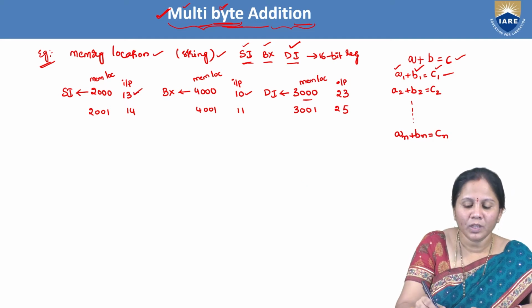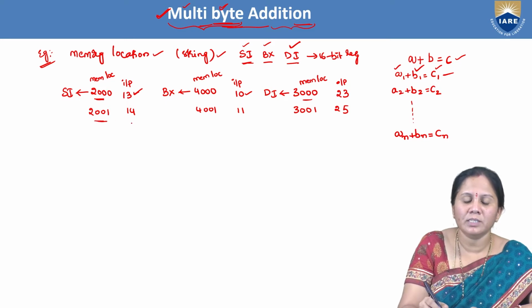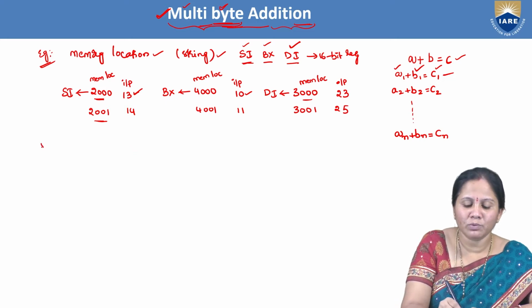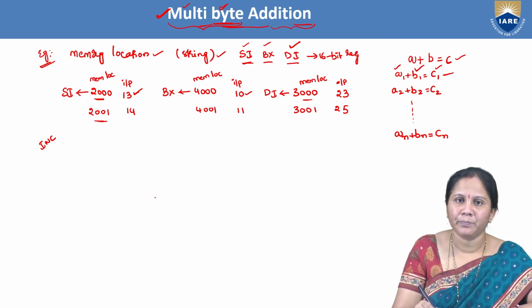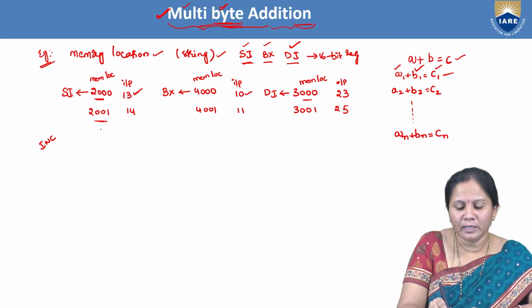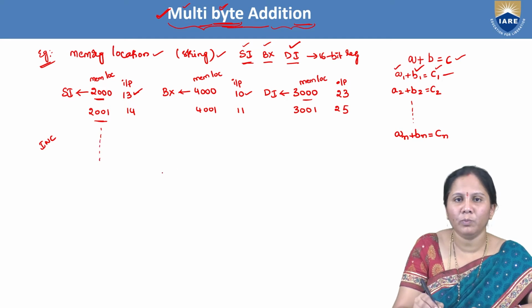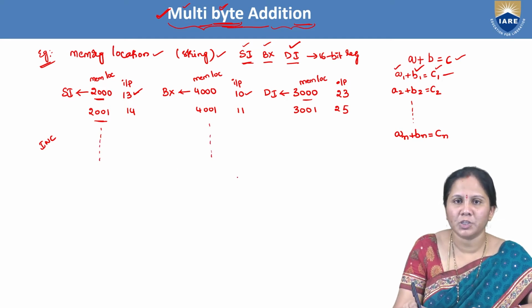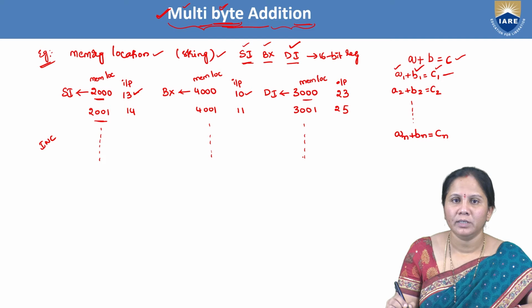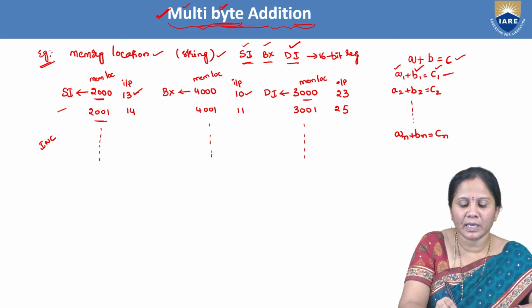Now here, in order to increase the value of SI from 2000 to 2001, we have to use the instruction called INC. INC represents increment. Increment the value or increment the content by 1. So like that, however many inputs we want, you can take in that particular memory location, and those inputs after addition will be stored in the output location DI, which was initialized to DI. So this is the basic example.